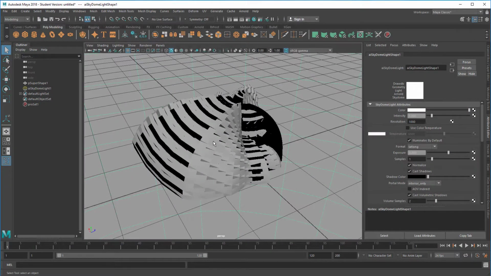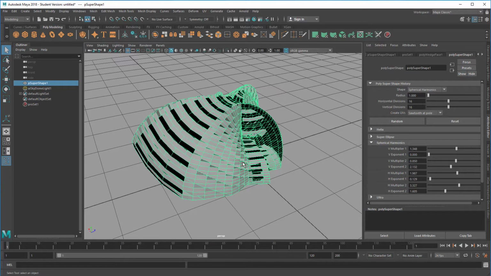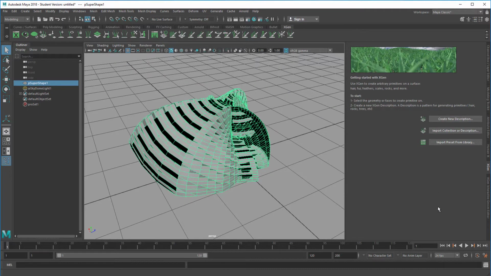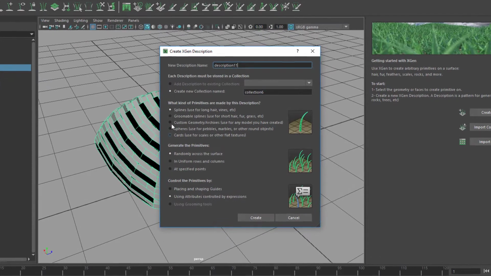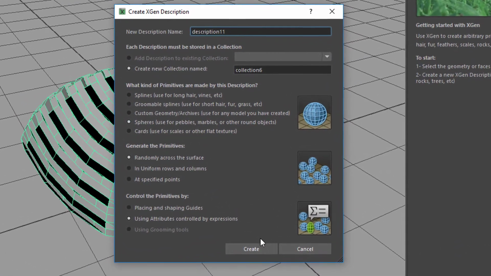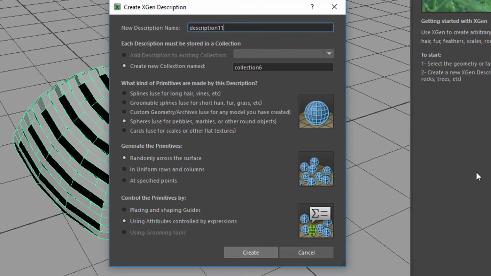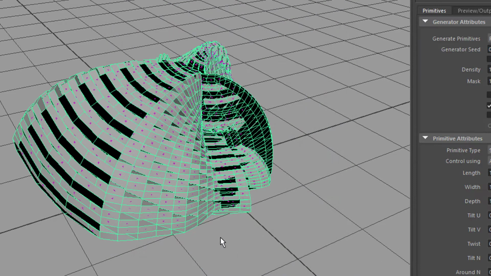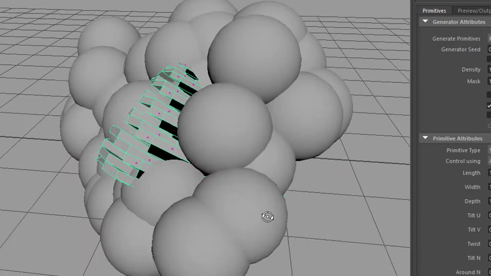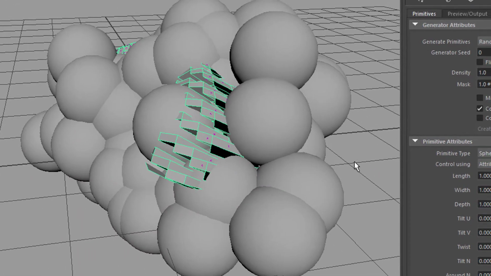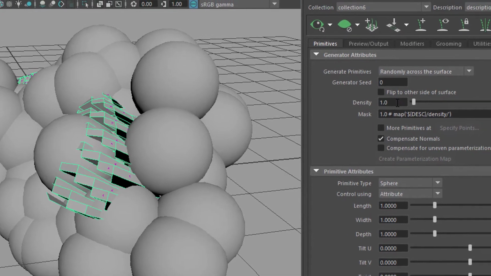So next thing we're going to do is we'll create a couple of xGen spheres. What is that about? Well, xGen is here, and we go to this icon which opens the xGen starting editor, so to say, and we create, with this object selected, a new description. And in the description list we choose the spheres and we create them. What it basically does is it places spheres all over the surface, and the density here